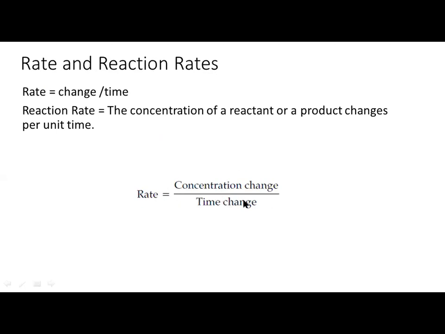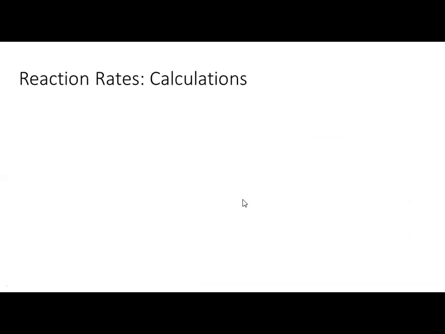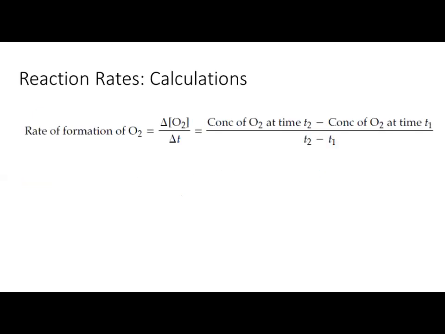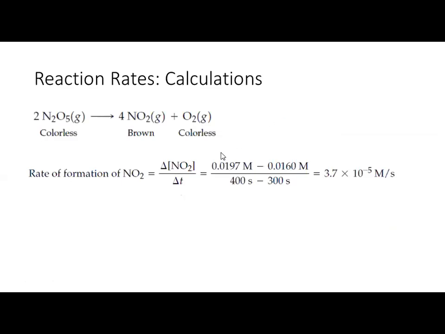Change in concentration per change in time, and here we are going to discuss with the symbols. This we have already discussed. Again, that is the change from any of the two points. These are taken from the graph, from the table. As in the previous lecture, I explained you can take any difference, but it depends what time you are taking. So this is the change in time from 400 to 300, or you can say from 300 to 400 seconds.